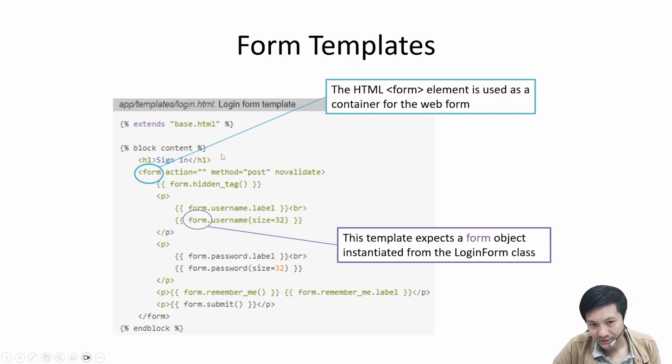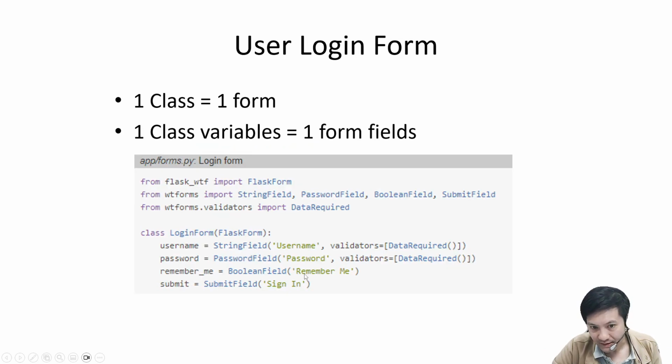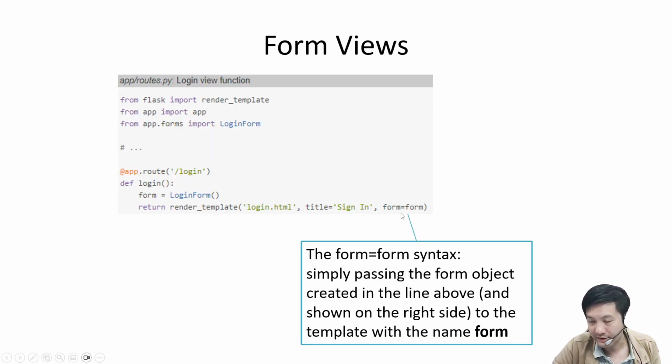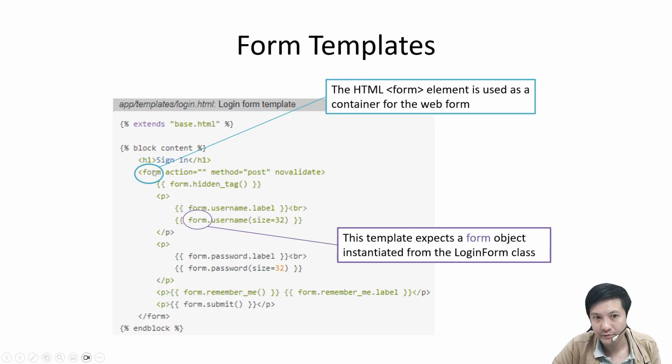When you create the HTML output, traditionally, you see the source code, you have a form here, you send it to the display, and then you write down your HTML code one by one: form fill, username label, username size, one by one. If you want to highly customize your user interface, you need to do this. You need to set it up one by one. The most important part is that the form variable can be extracted to the view, and also there is the hidden tag to protect your website from the CSRF